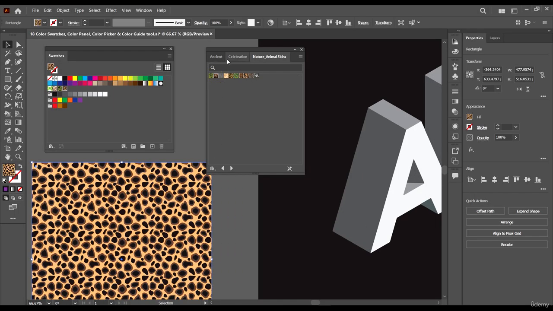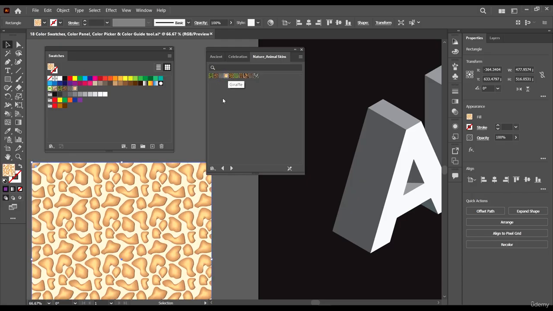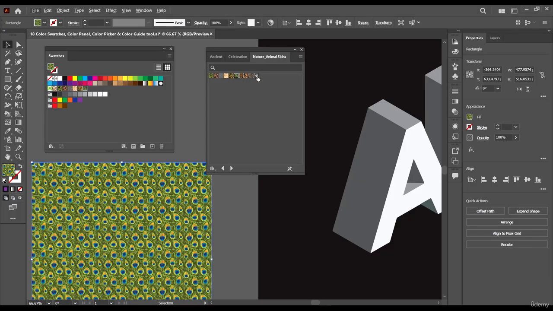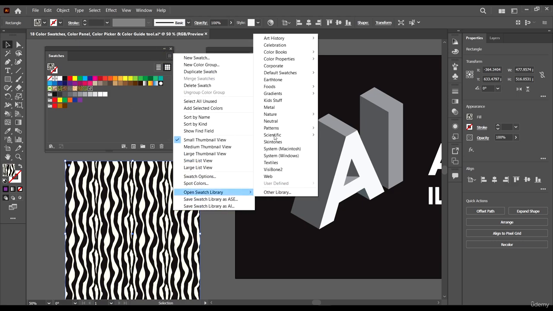We have this one which is more of a cheetah, and then this one elephant skin. We have this one which looks like a giraffe, then this one which looks like a leopard, or a jaguar rather, then the peacock, and so many other patterns. This one looks like the zebra pattern.